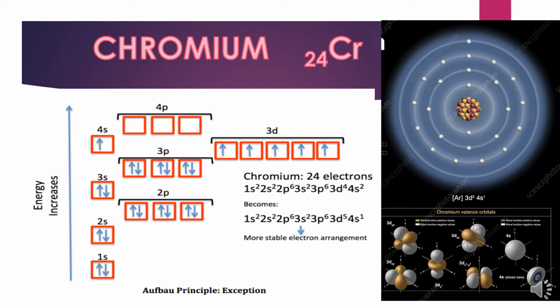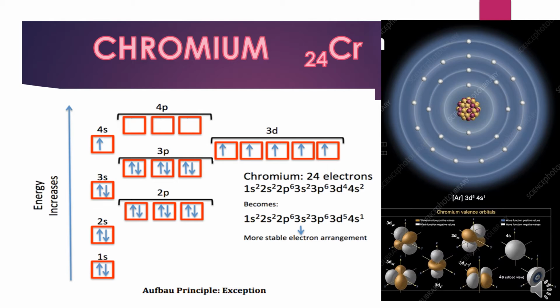Chromium, otherwise you can see that after entering 2 electrons in 4s, 20 electrons complete. So the next 4 electrons should be there in 3d orbital. So the configuration should be 4s2 3d4, but actually its configuration is 3d5 4s1. This is because, as you can see here, when the 3d subshell is exactly half filled with these 5 electrons, this kind of half filled configuration is more stable as compared to 3d4. So it becomes, in terms of energy or stability,